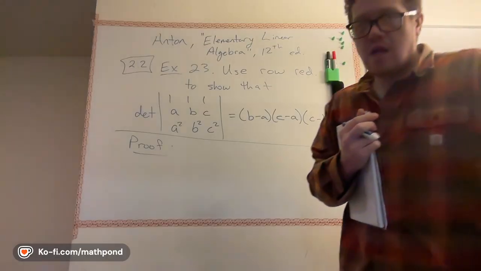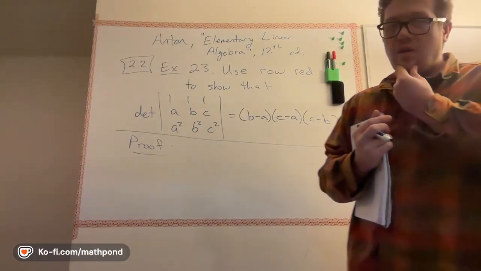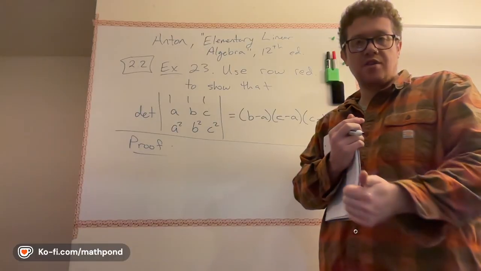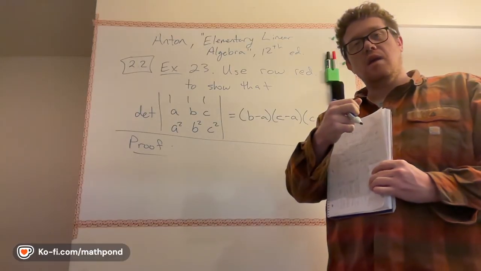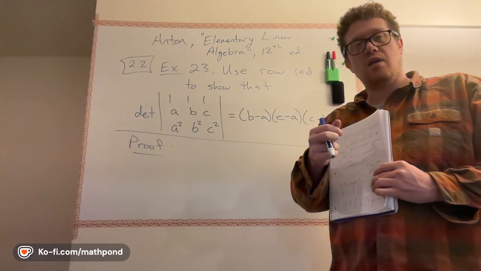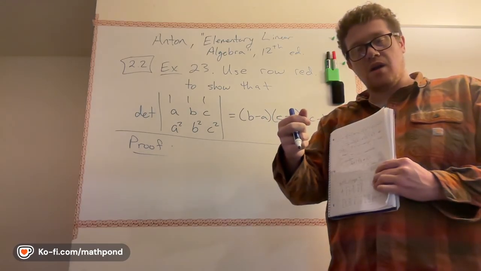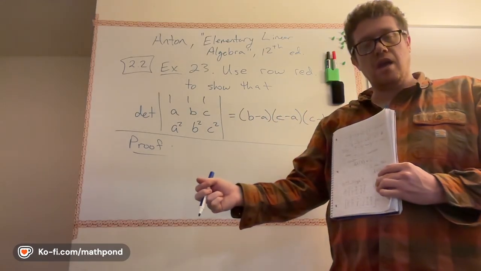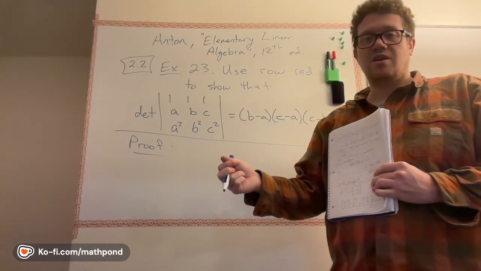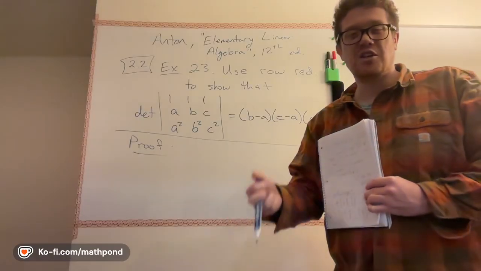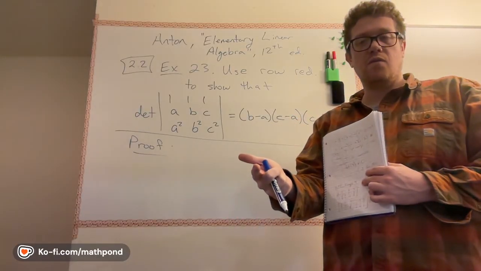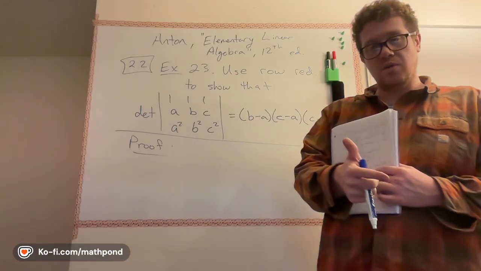Right. So the point here is that we can apply these, they're called elementary row operations. We can multiply a row or column by a constant. I can add a row or column, or any multiple of a row or column, to another row or column. So you can scale a row or column by a constant, and you can add a multiple of one row to another row or column.